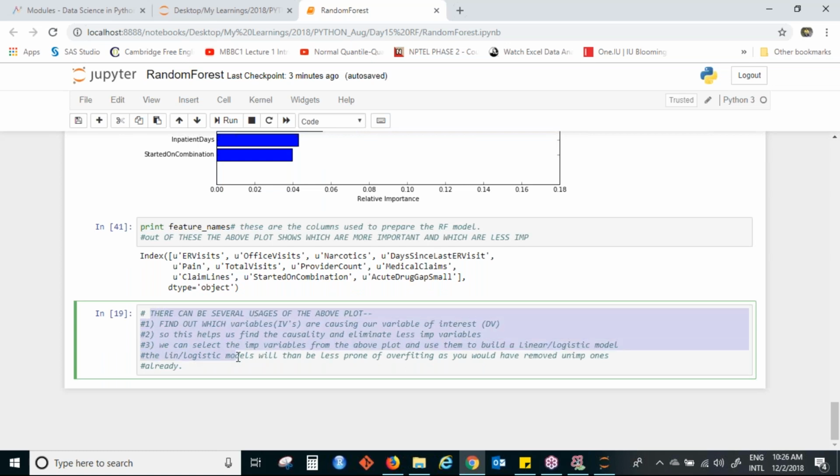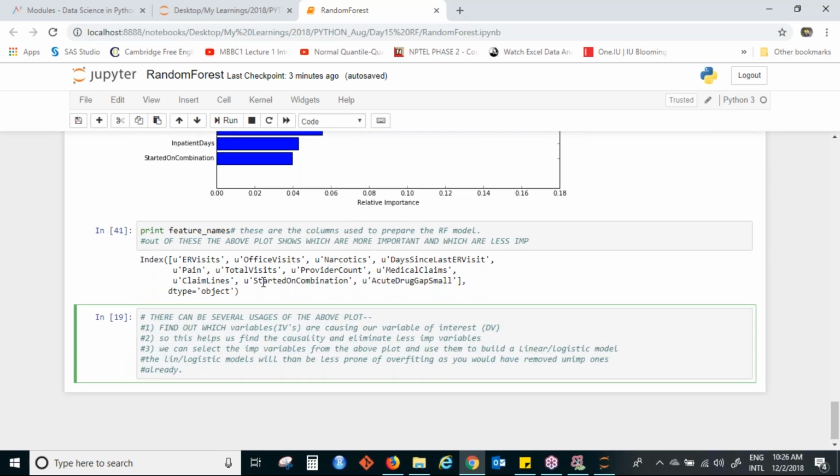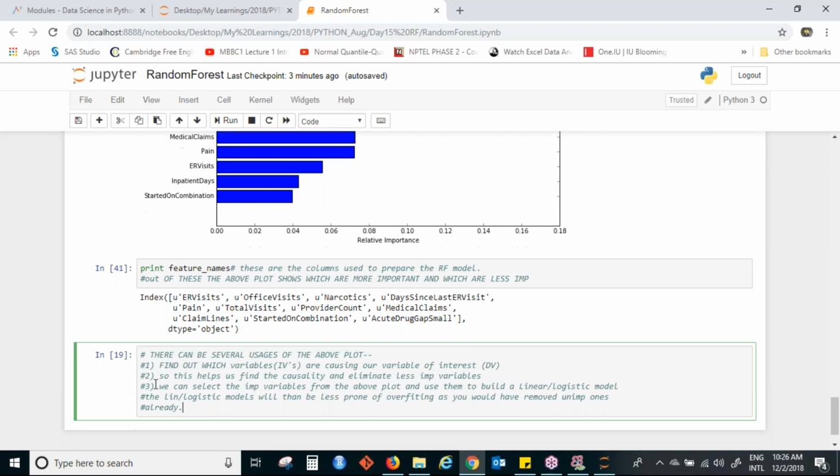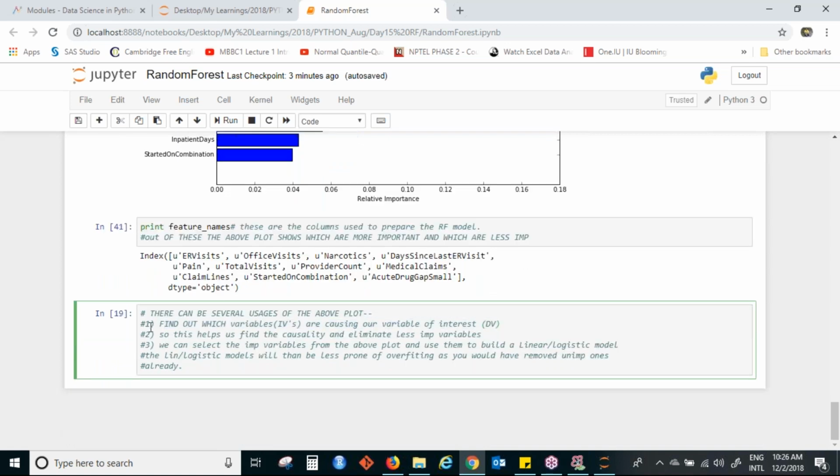I have written the usage of the variable importance plot here. Find out which variables are causing our variable of interest. Then this helps to find causality and eliminate less important variables. We can select the important variables from the above plot and use them to build a linear or logistic model.